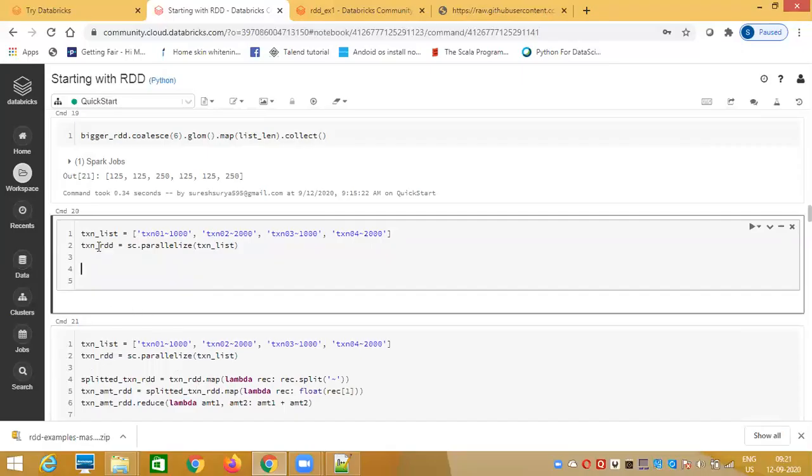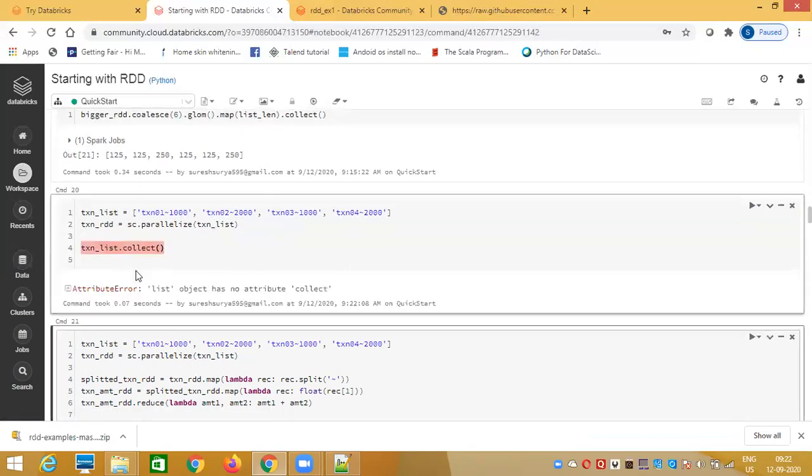I convert this list into an RDD by calling the context's parallelize and passing the transaction list. Then I call transaction RDD dot collect. I know there are only a few elements, so I'm calling collect to see how the records look.